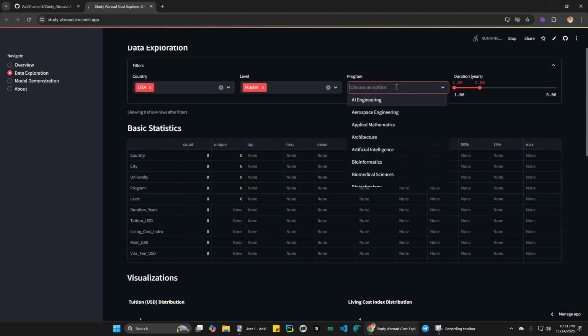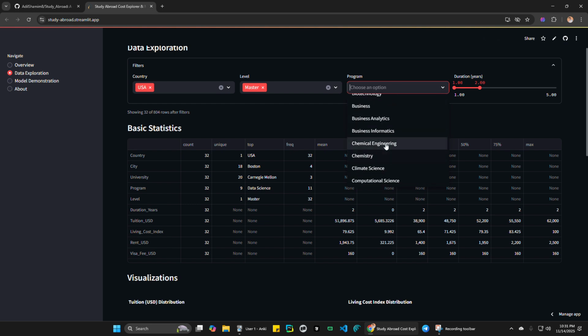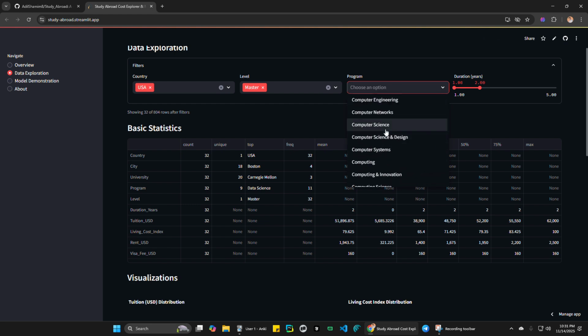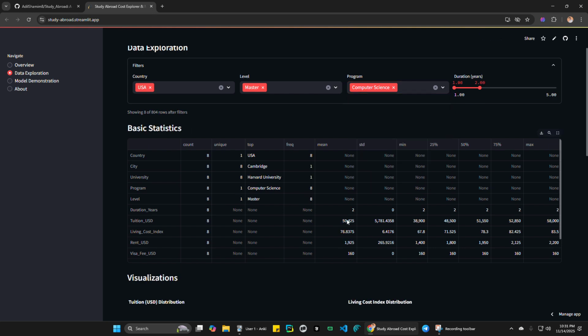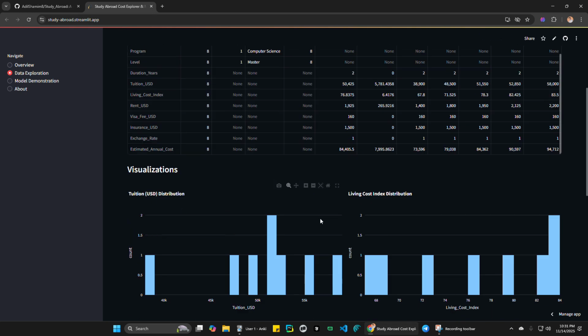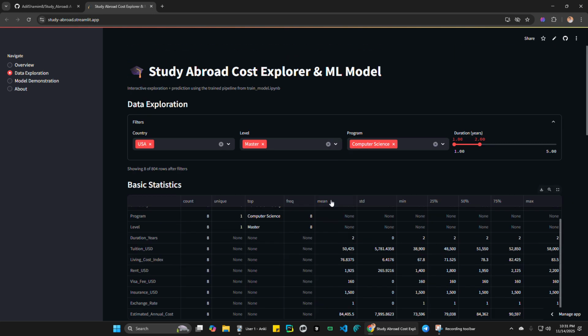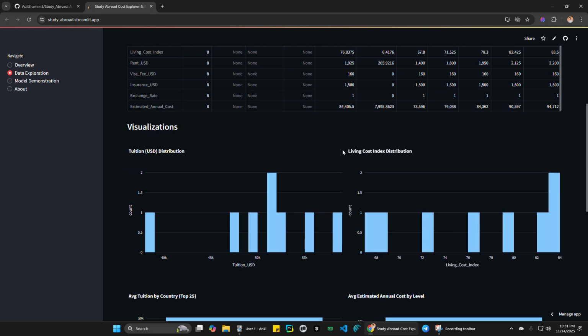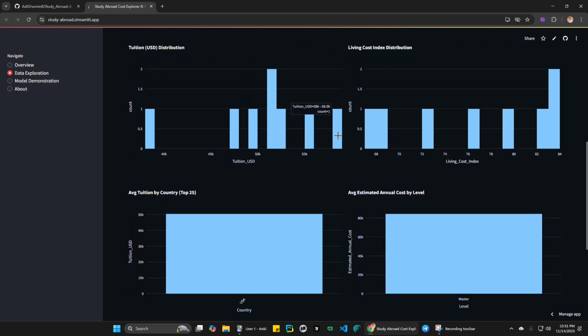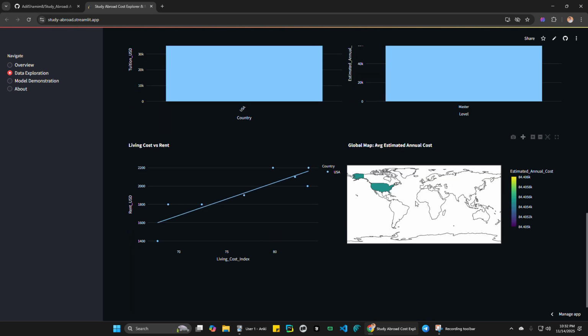But as a machine learning user, I feel it is computer science. Okay, here is computer science and here is the dataset. Interesting, and here is the main cost. You can see the main cost yearly. So everything in this dataset is in the US. Okay, the US and expensive cities.